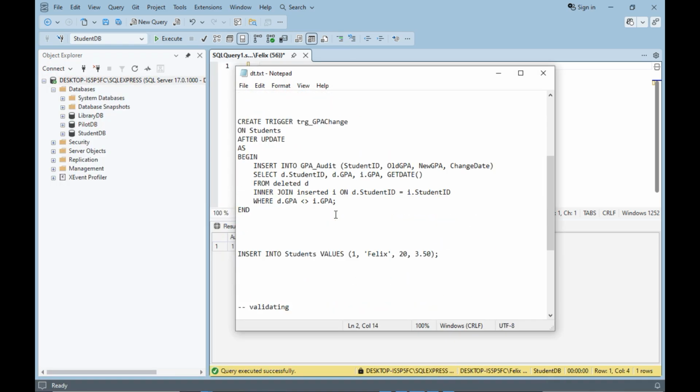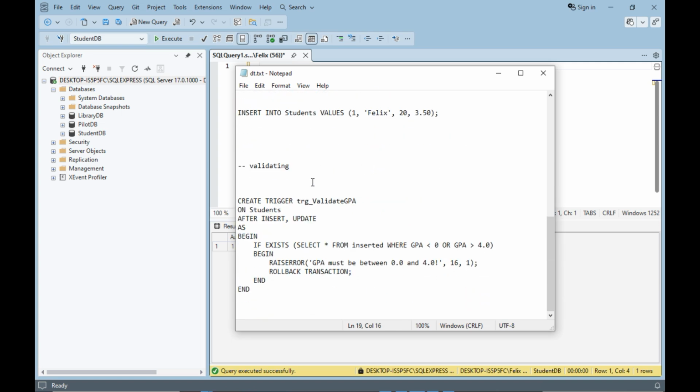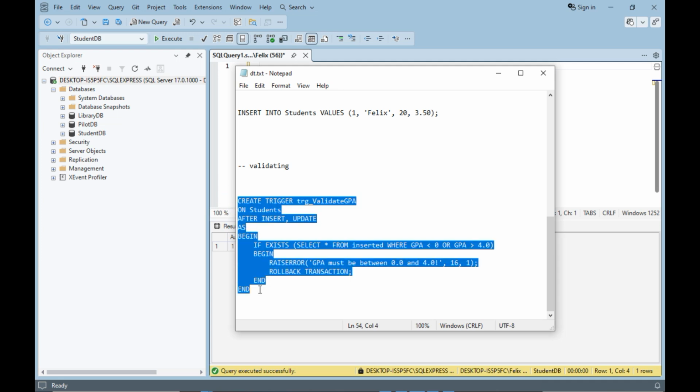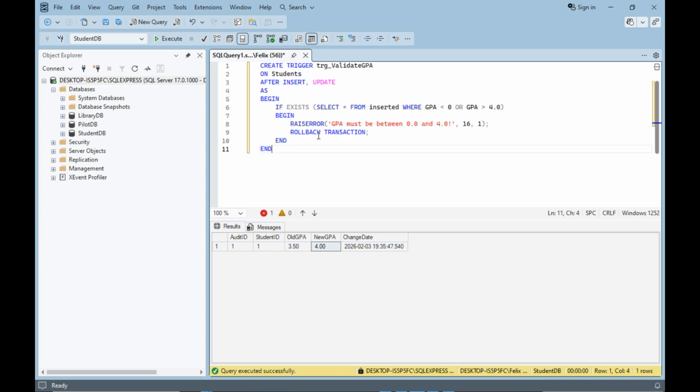All right, so back here, we also have a trigger for GPA change. We've done that, and then a trigger for validating GPA, right? So this trigger over here, it's a trigger that will prevent one from changing a GPA into a negative value, right? So what we do is we create a trigger validate GPA on the students table after inserts or updates, since the person can either insert a new student record with GPA or update an existing one. So as begin, right, if exists,